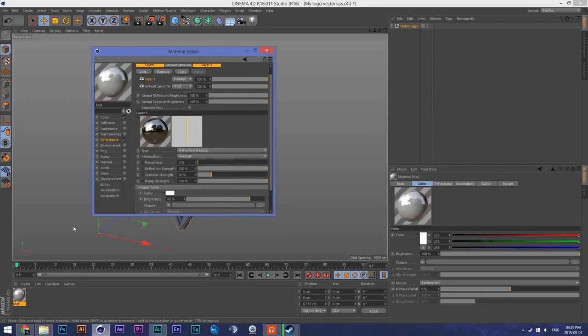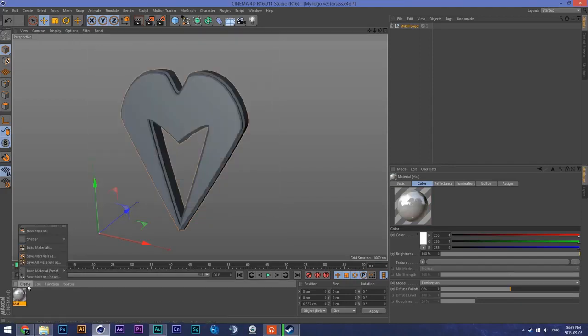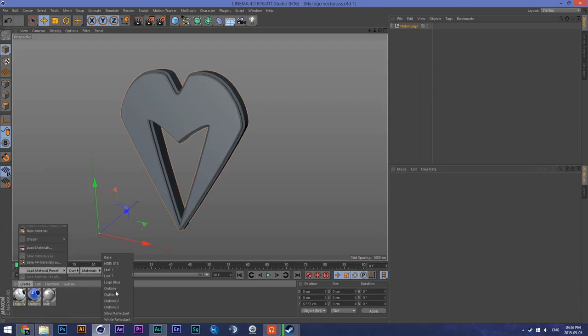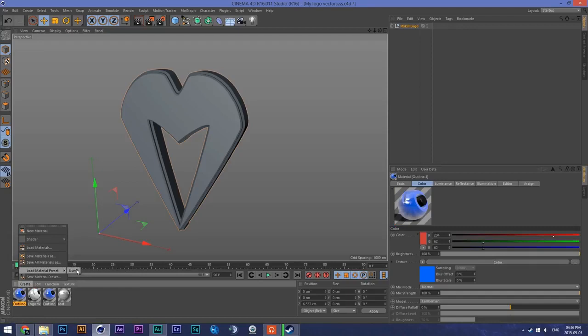Let me actually just take the other ones I have instead, and then I'll just show you what's inside them, because those are a lot better. So I have my presets over here. These are called outline, outline, yeah, these two,